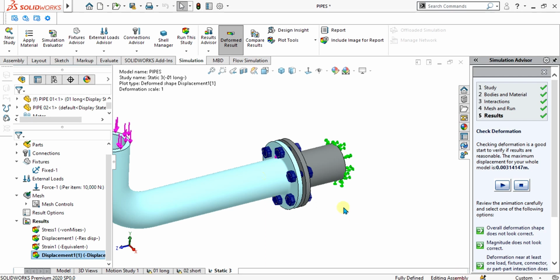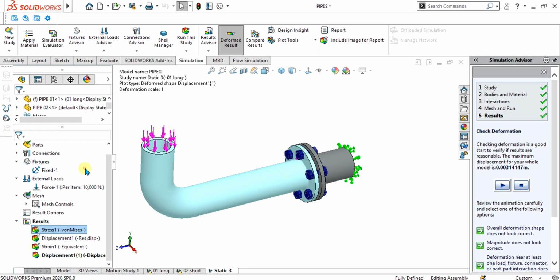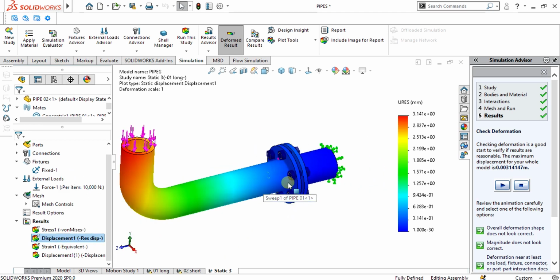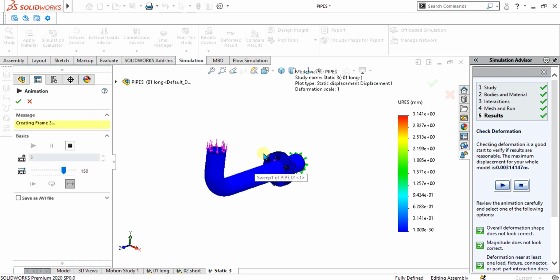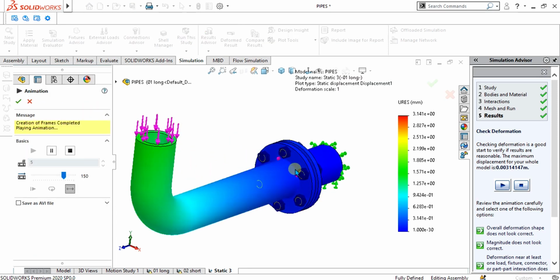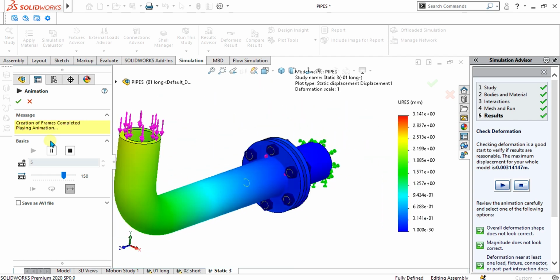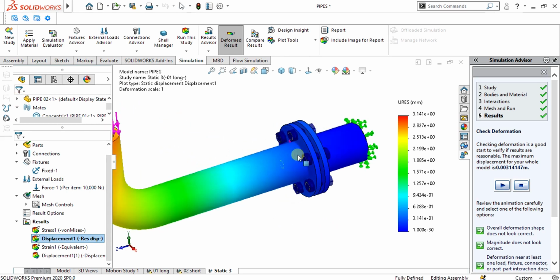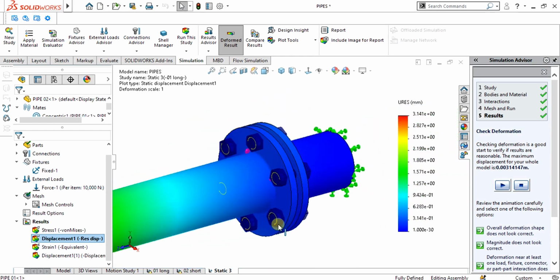Our solver has been completed. We have analyzed the stress and displacement and strain using the static analysis. If you want to see the animation, just simply click on animate and you can see the animation from here like this. Select OK from here. So our basic purpose of the analysis was to see the factor of safety of the bolts so that it will be safe or not.